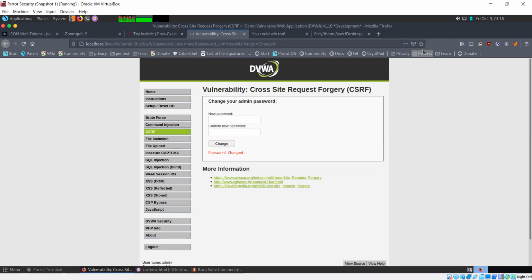This is basically how a CSRF attack works. You trick a user into clicking a link, but to the website it appears that the user is authenticated, so they actually wanted to perform the action, whatever happens when they click. In this case, it's a password change.